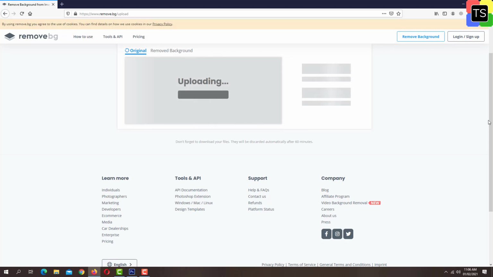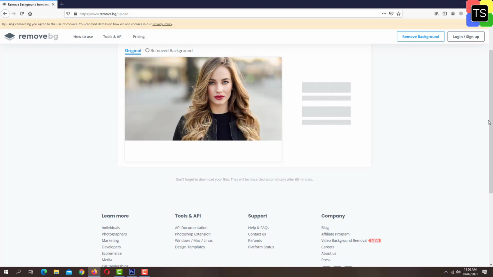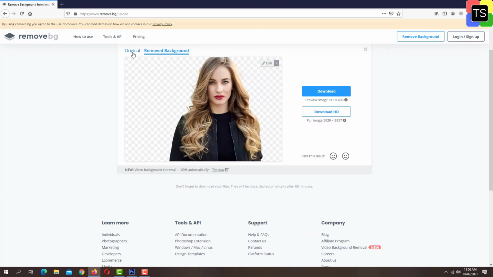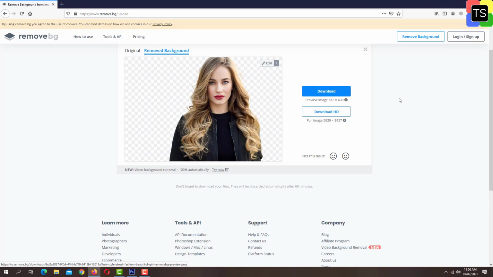Now within seconds, you will find that the background of the image is removed and you will get a transparent image. Now you can see this is the original image and this one is the image with the background removed. So this is how you can use this website to remove the background from any image, and you can do this within seconds. Just click on the download button.